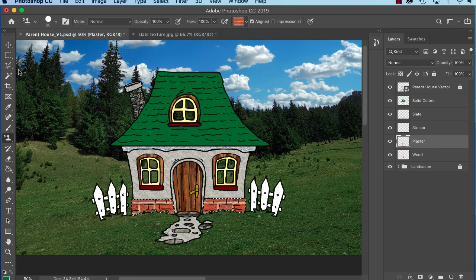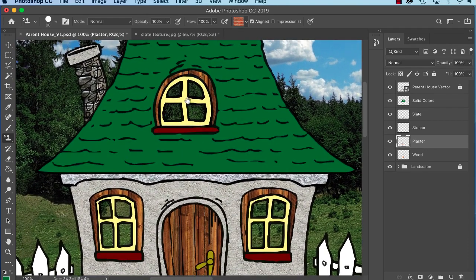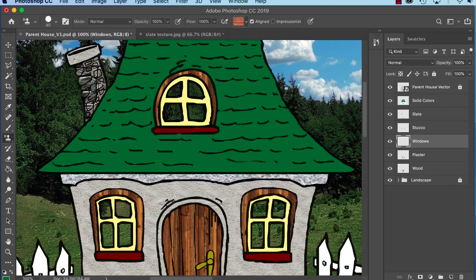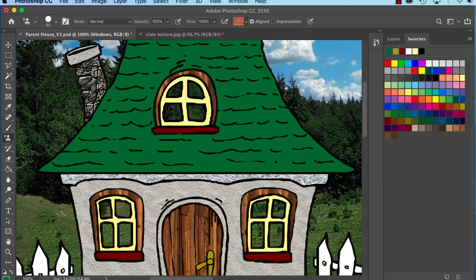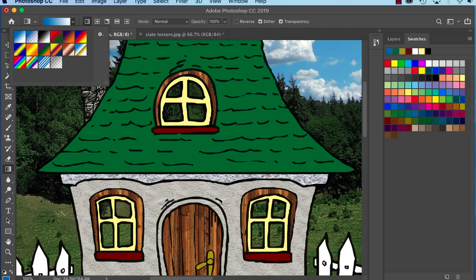Now this is not done. You don't want the house to look like a prop house, right? We shouldn't see the whole background between your windows. One solution is New Layer, Windows, and I'm going to use the Gradient tool. Now the Gradient tool does immediately show some gradient colors, whatever you have in the foreground and background here, and I'm going to hold down the paint bucket and go to Gradient tool. It reflects that information up here, but you don't have to use the colors you've chosen